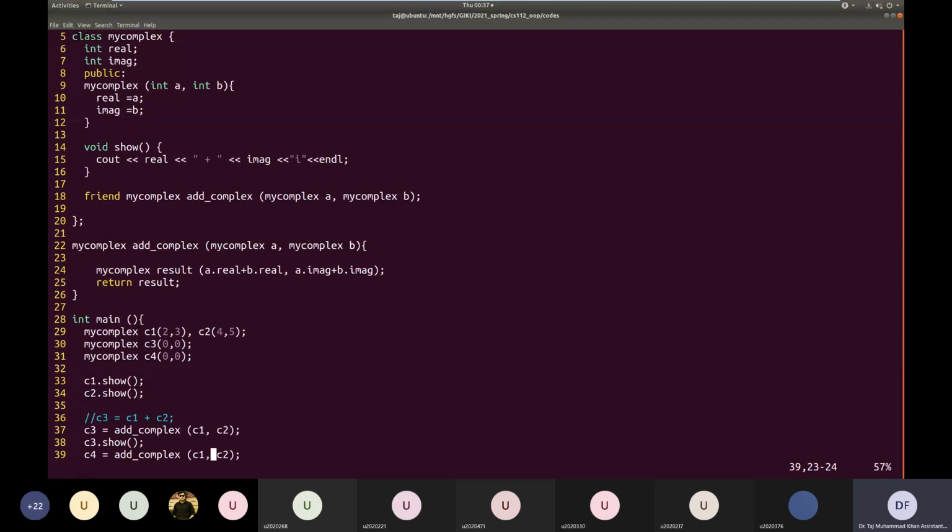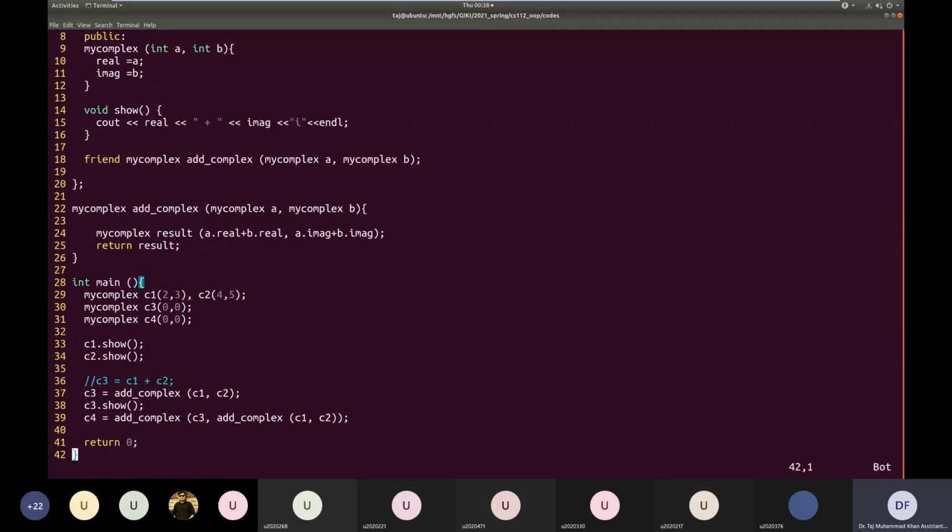Okay? So what we do is add C3 and the result of addition of C1 and C2. So this is one.